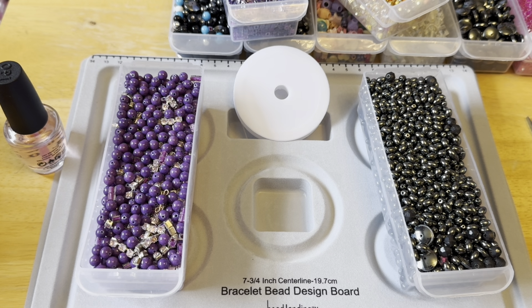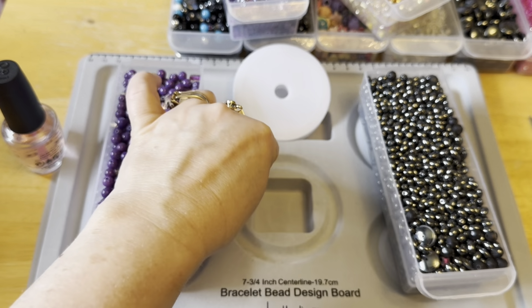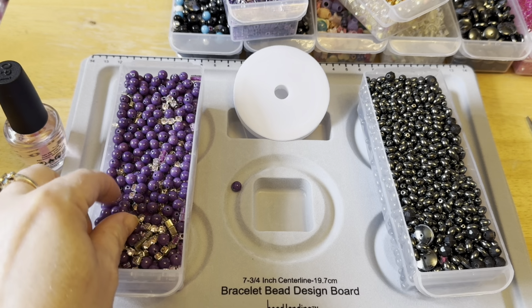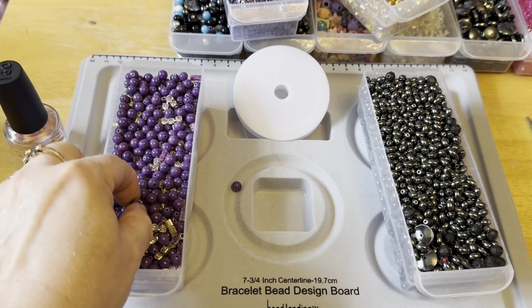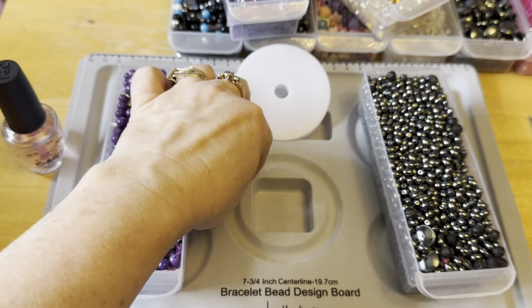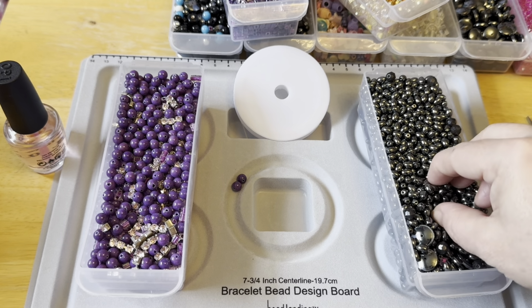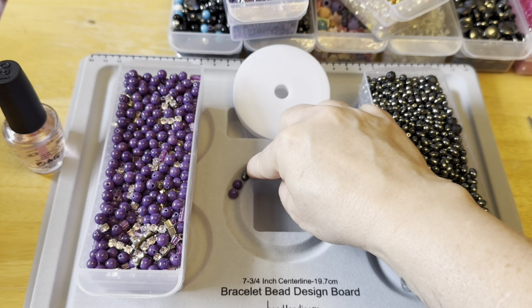Today we are going to be making some stretch bracelets. So we are going to take our beads. Now I'm using a bracelet bead design board, but you don't have to. The main thing is you want your bracelet to measure approximately 7 3/4 inches to 8 inches, okay? So what we're going to do is a bit of a design,